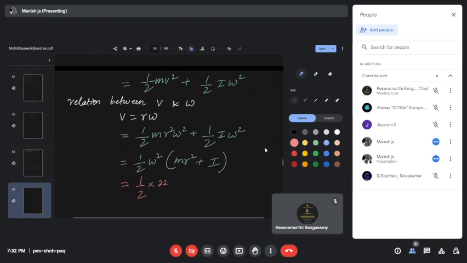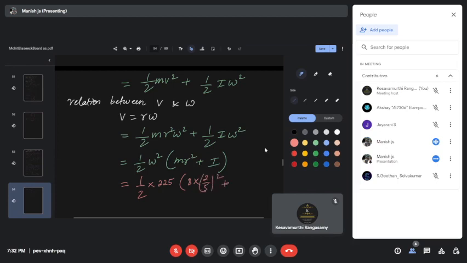225. Okay, half times 225, within brackets mass. Mass was, I suppose, 8 kgs, right? So 8 kilograms. And what was the radius? Radius was 40 centimeters. So you'll have to convert centimeters in terms of meters. So 40 upon 100, right? Simple fraction, I think you get 2 upon 5. So 2 upon 5 the whole square